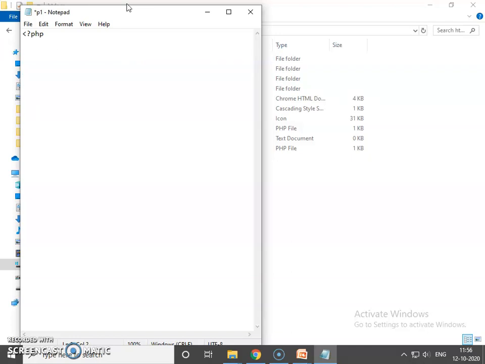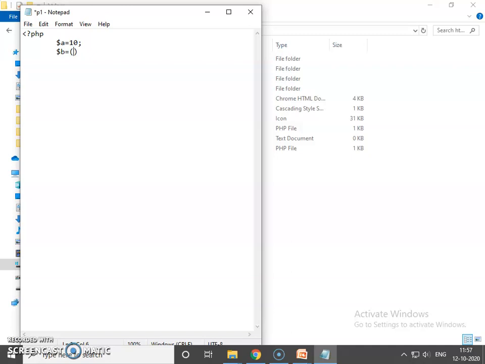Now the third concept, typecasting. Suppose I have two variables. The first variable is $a is equal to 10, and I have to set a new variable for typecasting the old variable. For that I am using the $b variable. So $b is equal to, now I am performing typecasting. For that we have to pass the new data type.